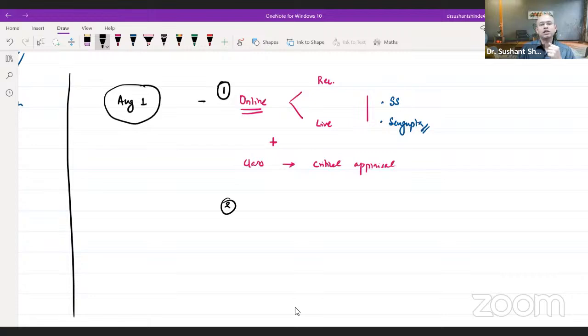The next part, that's phase 2, starts after August gets over. This is where I would want to engage with students who have been part of this program over the next 1 year. I'm not talking about immediately. Over the next 1 year, whatever research opportunities come to me, since I know that you are the students that I have taught, since I know that these are the students who have really understood what I talk of, and our wavelengths are matching. We understand the same. When I say p-value, you understand the same thing. When I say confidence interval, you understand the same thing. When I say research design, you understand the same thing that I am talking about.